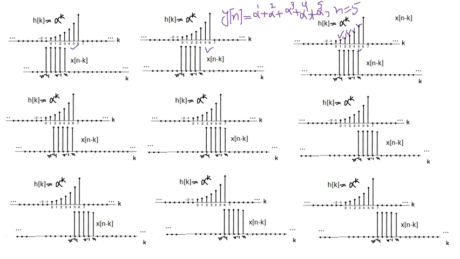When n equals 6, we again have alpha power 6 because this corresponds to this, which is shown here. You see, if you multiply the two, these are all 1, so straight away this one,